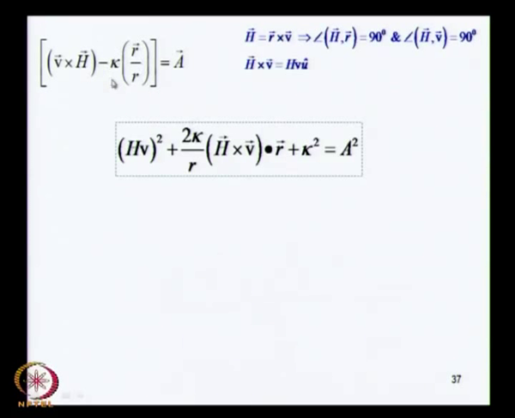The dot product of this quantity with itself will give us kappa square. This is just the unit vector dotted with itself, which will give you the number 1. So, the dot product of this quantity with itself gives us kappa square, and then you have got the cross terms between these, and since the scalar product is commutative, you get a factor of 2 over here, okay. Or you should have a minus sign, but I have written it with a plus sign because instead of v cross h I have written an h cross v over here. So, that will not be a worry, okay. So, this is the result that we get,